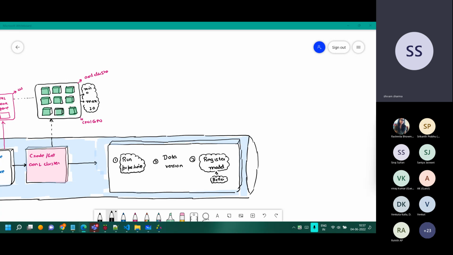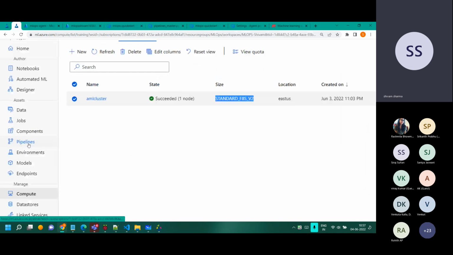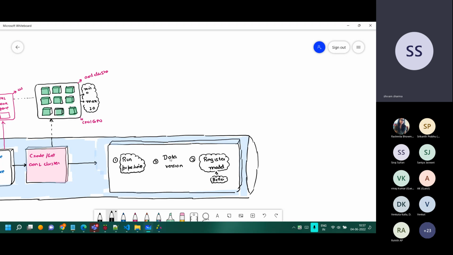If I show you something in the Azure portal once, you see this option over here. You see these pipelines. This is what we are discussing right now. This one. This is not the MLOps pipeline. This is not the pipeline where we are doing the CI/CD. This is not that one. This is the one which we have now. We are discussing this box over there. So we are creating one Azure Machine Learning pipeline. We are not talking about the MLOps CI/CD pipeline.